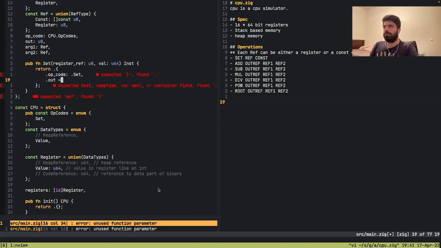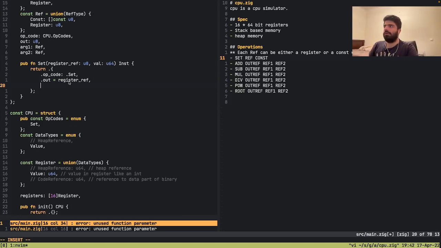There's no out, so set is an instruction that only fills the out ref. So this is the register ref, and the arg1 is